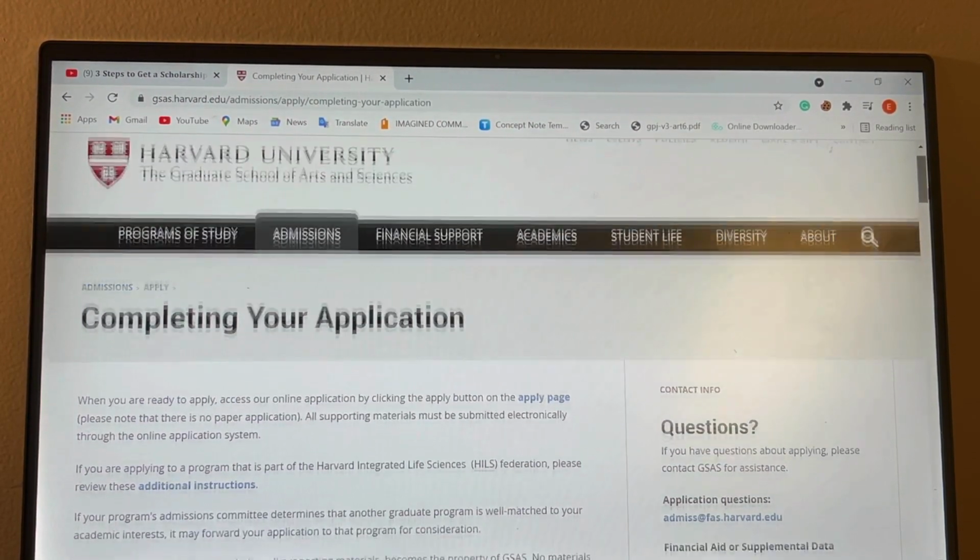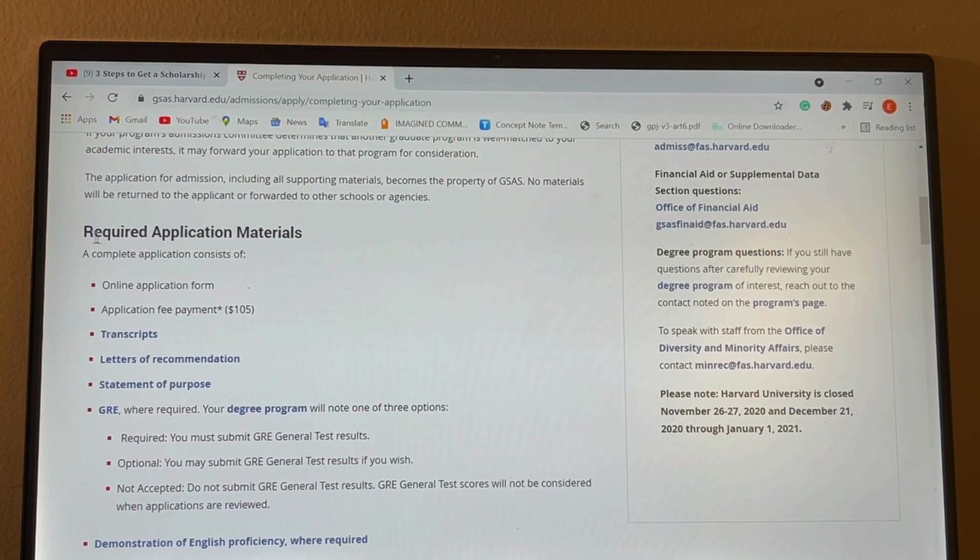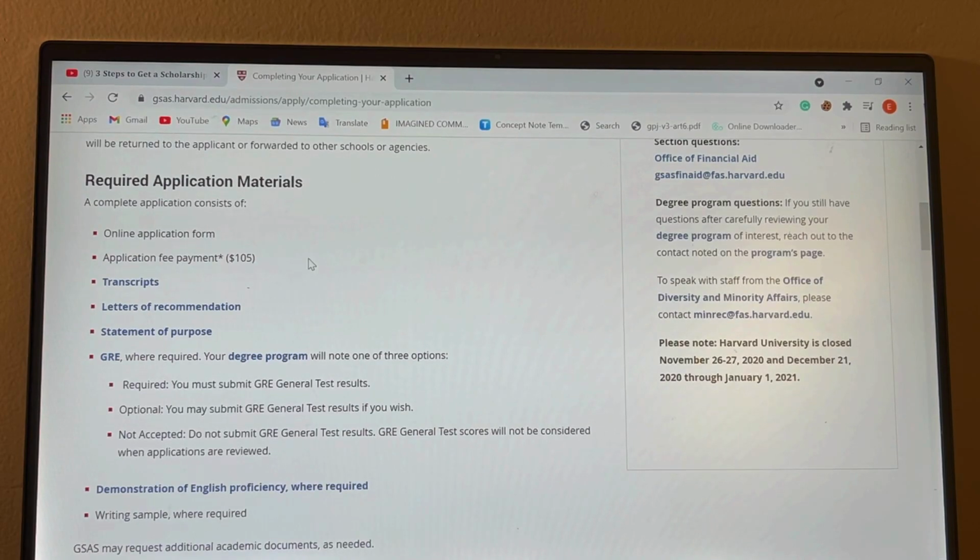Then we scroll through. Right here is where you see all the requirements, the application materials you need to present. This is quite simple, unlike the undergraduate degree. So you have to pay an application fee of $105, submit your transcripts from all the post-secondary schools, letters of recommendation, which can be 2 or 3,